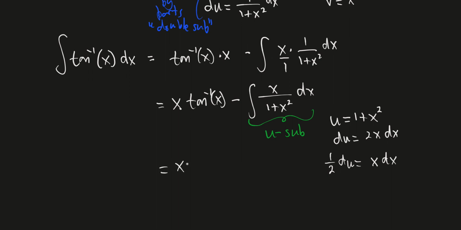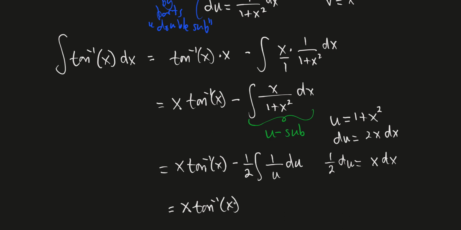So then we have our x times the arctangent of x minus, now let's pull out the 1/2, and then we've now reduced it to the integral of 1, and now the denominator becomes my u, and then the x dx, already took out the 1/2, all of those just become my du, right? So now we're almost there. So we have x times arctangent of x, and then when I find the antiderivative of 1 over u, it's going to be 1/2